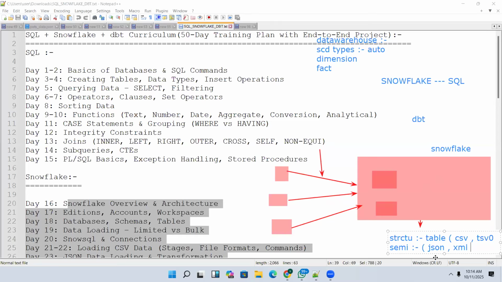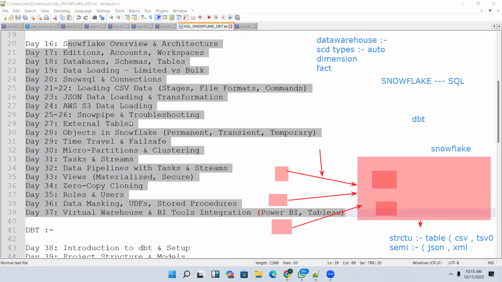There will be a concept called JSON data, meaning semi-structured data that I need to convert into a tabular format. That also we'll teach. Frankly, whatever things you need to work in the project, everything we are going to cover, guys. I'm going to give a syllabus also so you can cross check. We'll use a track sheet also. Day one, what we are going to do, day two, day three, everything will be explained.